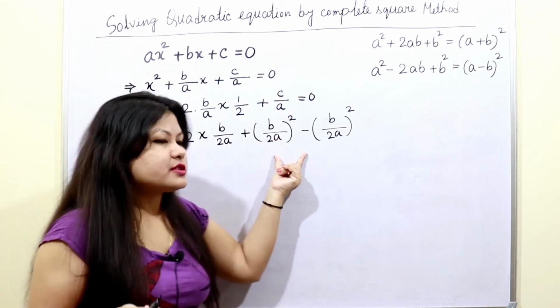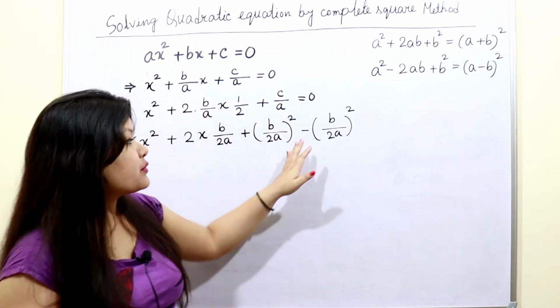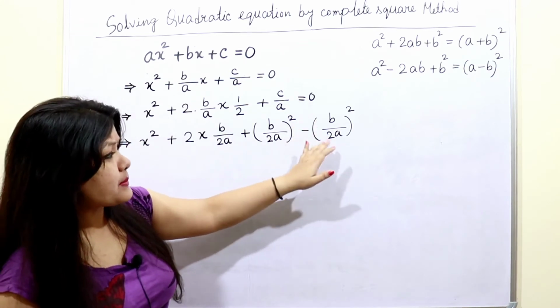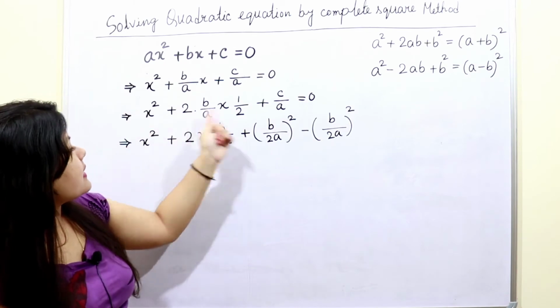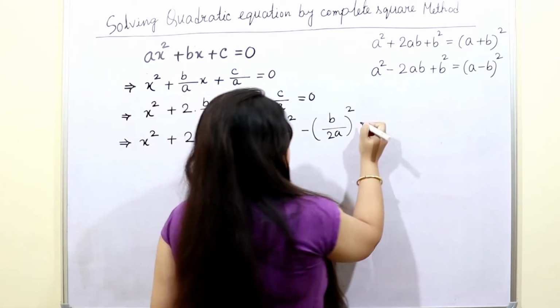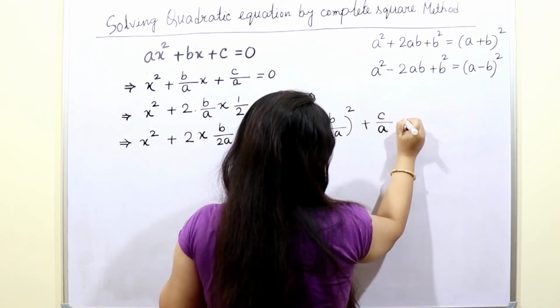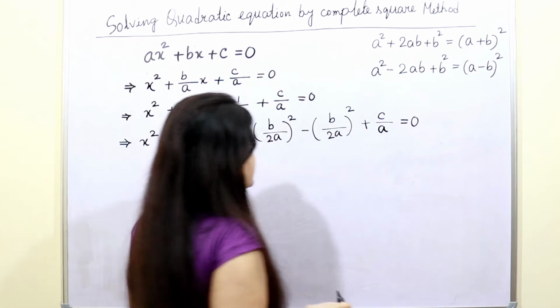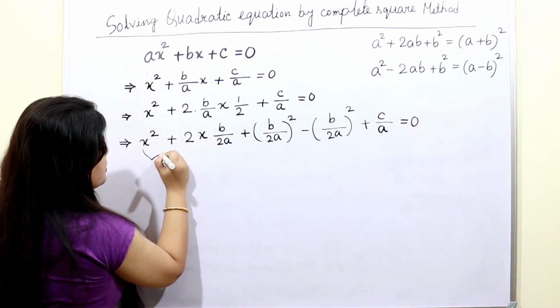Since we have introduced this term, that means we are changing the expression. That's why we have to write down minus b by 2a whole square, so that after cancellation we will again get the actual expression. Now this is the remaining term c by a, so write down equal to 0. Now you can see that this expression or these terms